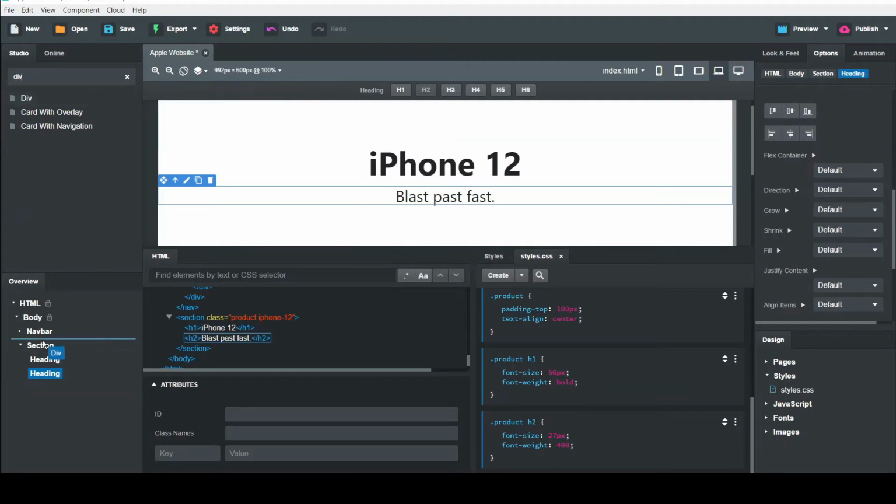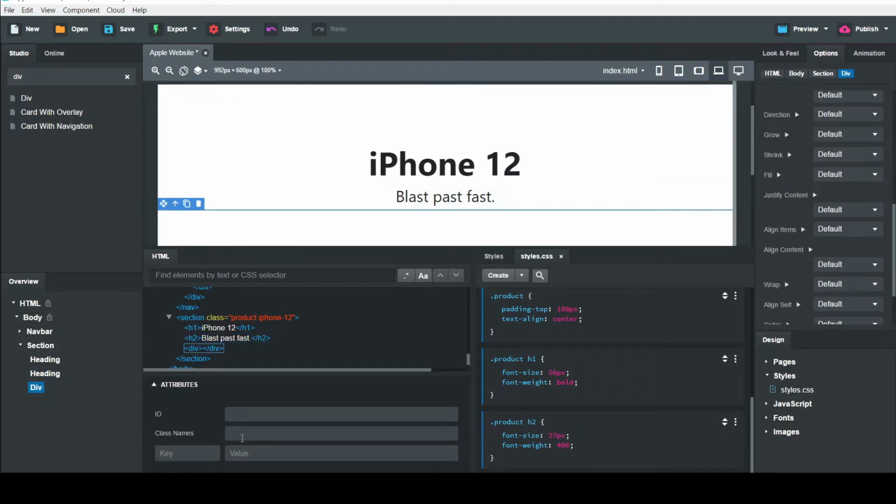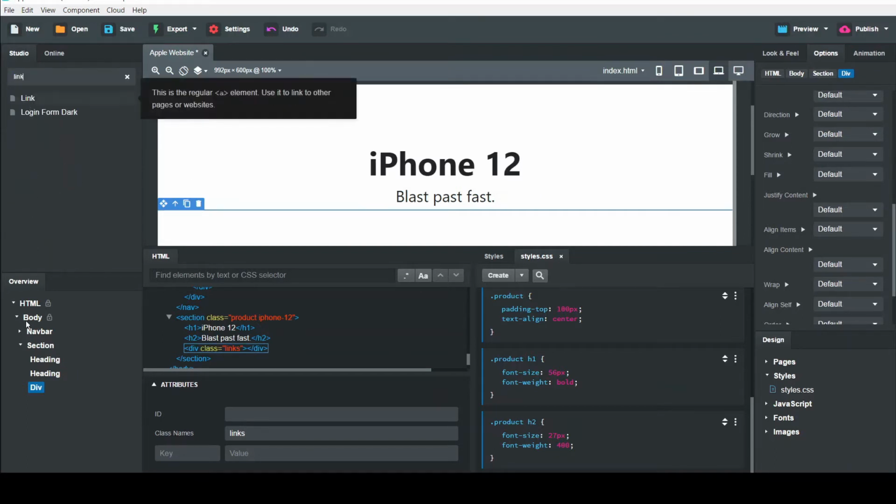Next, we have to put the links. For that, we have to create the div. So just drag and drop the div to this section. Give class name links to it. Also drag and drop the links to the divs. Oops, it's not there.